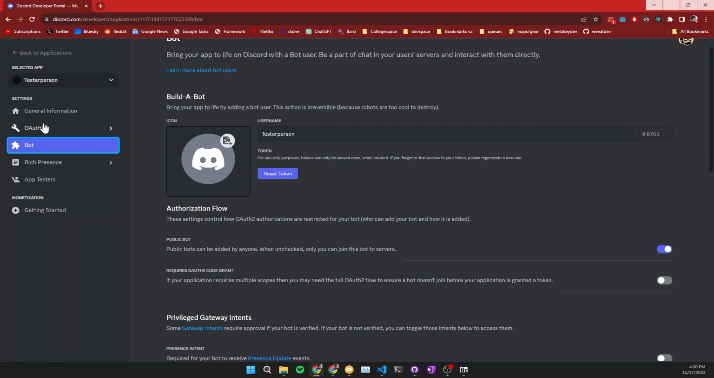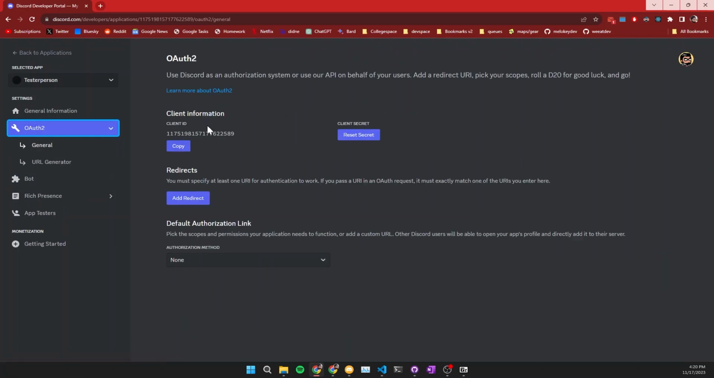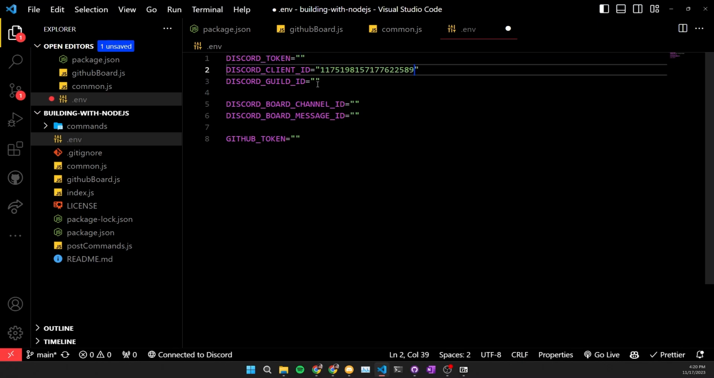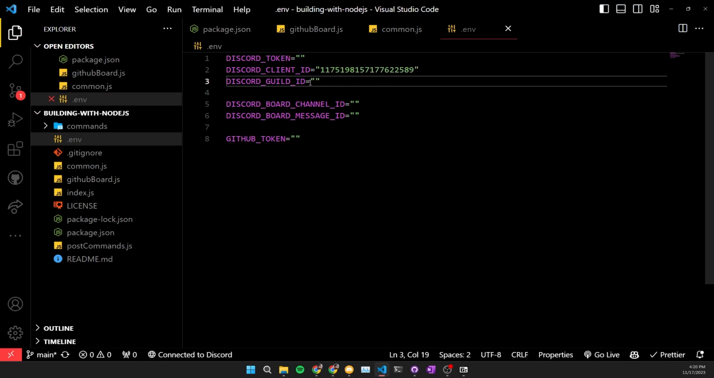So you're gonna also need this client ID. You won't need the client secret, but you'll need the client ID, and that's public information. So I don't mind showing you guys that. So paste it here, and now you're gonna need a guild ID for something we're gonna be coding towards the end. So if you don't know how to get that,